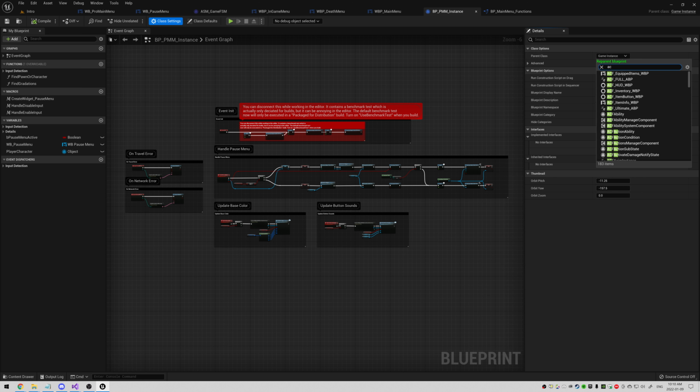What else is tab bound to? Gameplay tags, engine debugger, engine input, console keys. Here, let's change this to